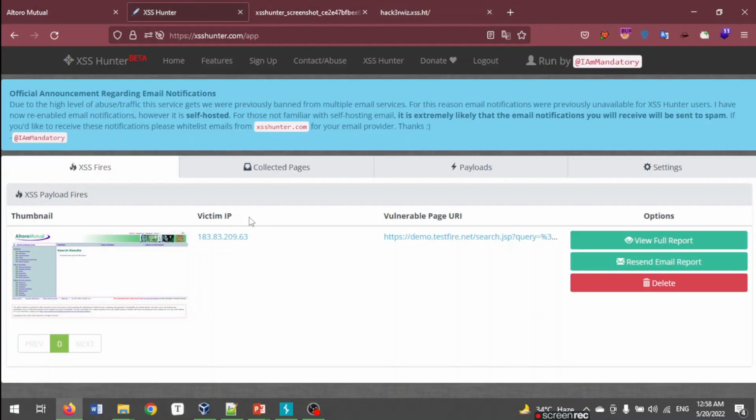Along with that, you would be sent the IP address of the admin, and the URL of the vulnerable page. And if I click on view full report,